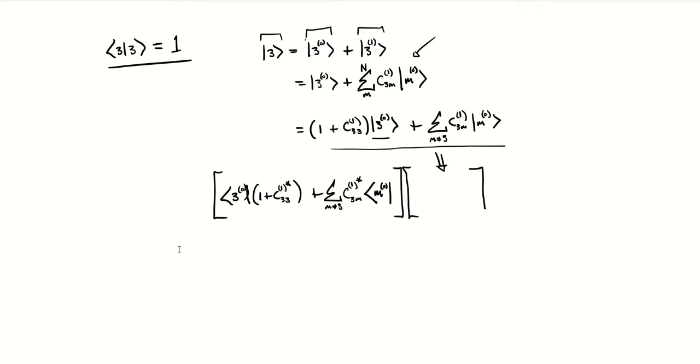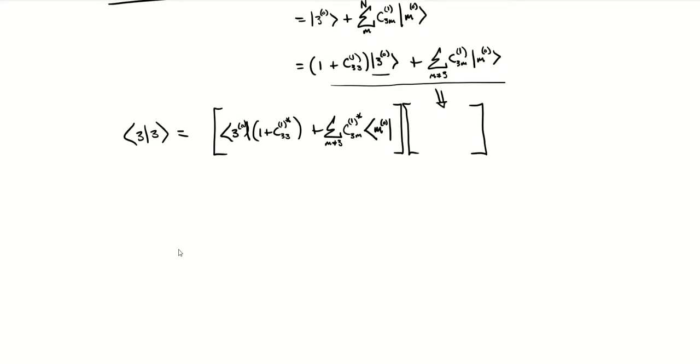Avoid you having to watch me rewrite that. When we take that inner product, so again, this is just that. Because these states are orthogonal, all we end up with are the 1 plus C33 complex conjugate times itself. So that's this term and this term multiplied together. All of these terms minus these terms, it just pulls out the ones with itself.